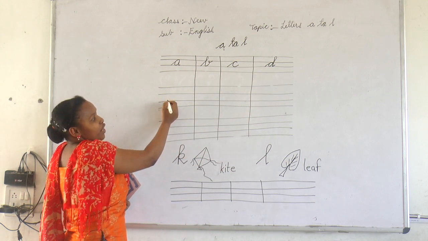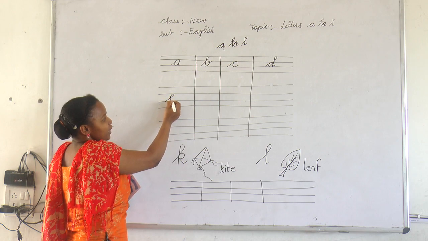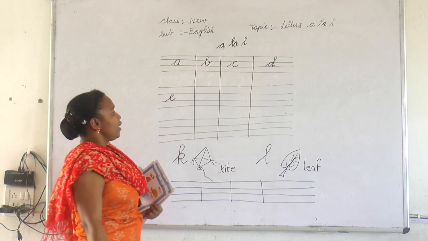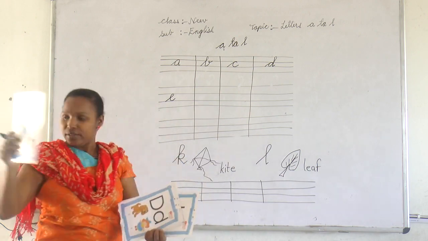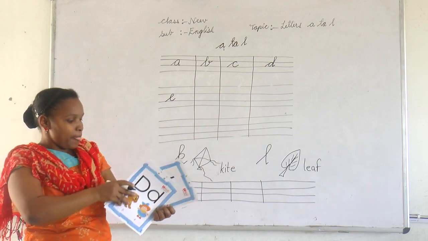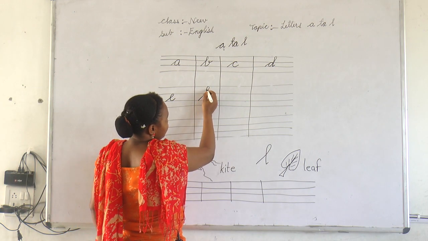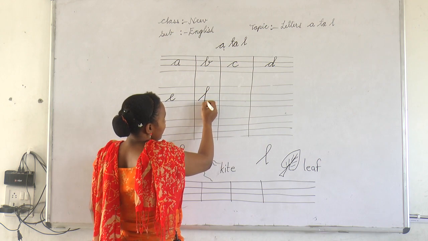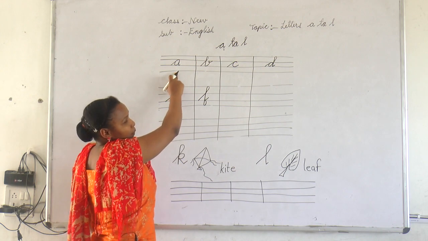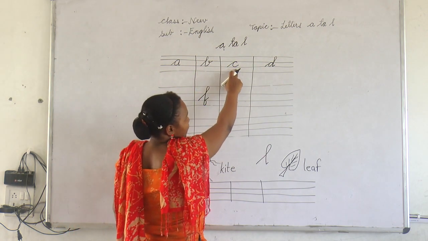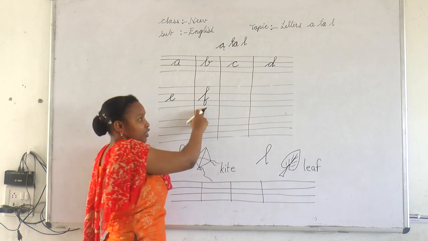After D, next you have to write E. A slant line, make a small loop, touch the line, like this, E. E, egg, E, elephant. Next after E, F will come. Standing line, F will come in 4 lines. Okay. Next A, apple, B, ball, C, cat, D, dog, E, elephant, F, fish.